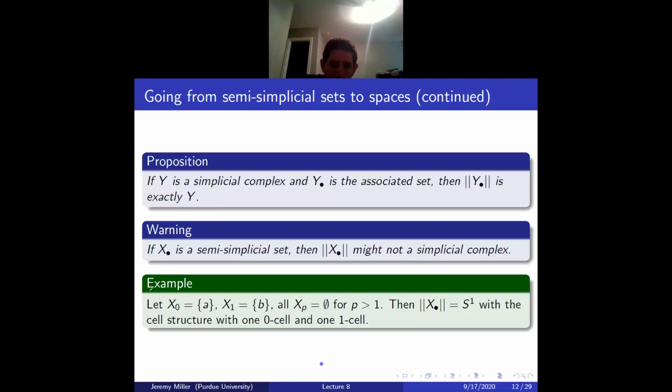You get a point, you get a one cell, and then you're gluing this point here, and you're gluing this point also here. So you get a circle with a cell structure that has one vertex and one cell, and that's a perfectly fine CW complex, but it's not a